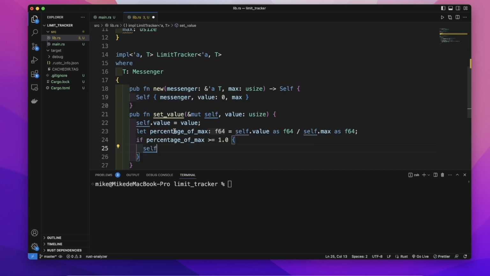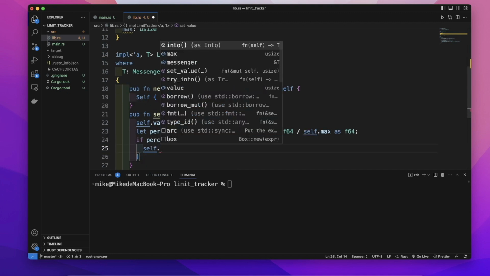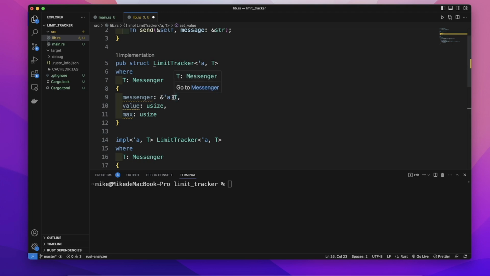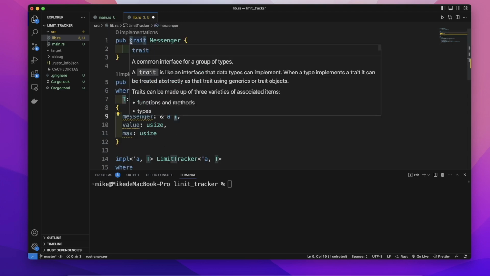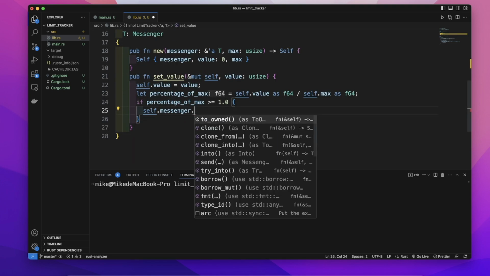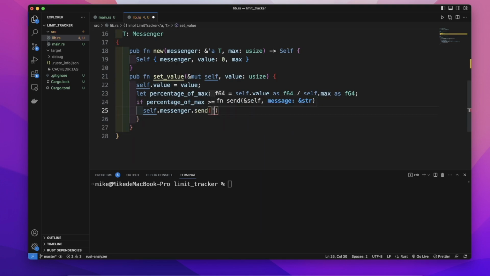So, the messenger, and this messenger is the type that implements this trait Messenger. So we can use this send method and put the message in this send, a message like "You are more than